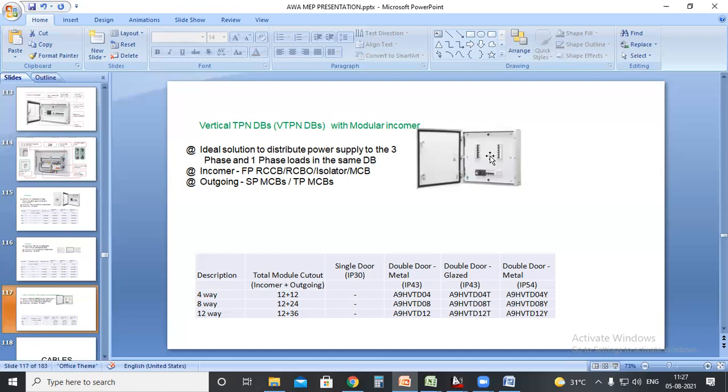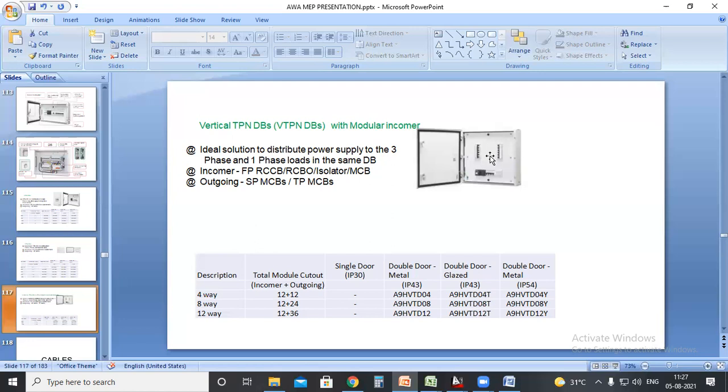Also, if you are having only a single phase connection, you can take this TB itself, because this TB can provide both three phase and single phase supply. But normally the price would be high. So in that case, the normal client would not be choosing this particular type. He will be thinking, why do I need to increase the budget for this purpose, since I don't need this type? Okay, so this can have both three phase and single phase outgoings.